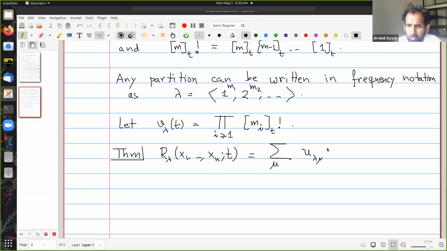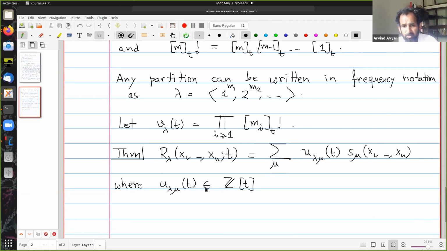There's some coefficient u lambda mu of t in the Schur basis s mu of x1 up to xn, where u lambda mu of t belongs to Z. So it says that R lambda has an expansion in the s mu's where the coefficients are polynomials in t with integer coefficients. And u lambda mu of t, maybe I should put a comma just to remind you that this is two indices,